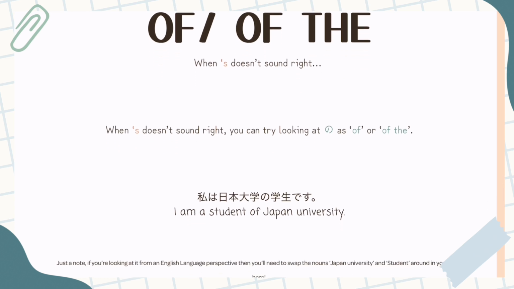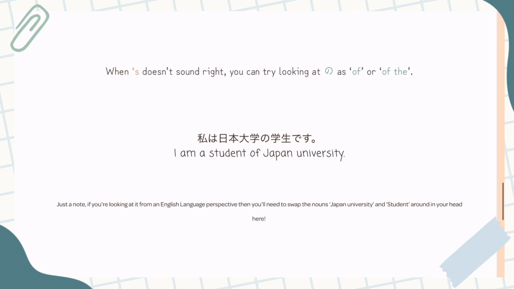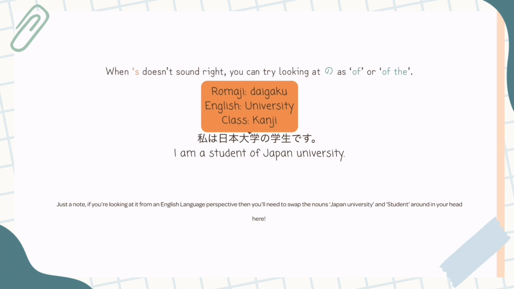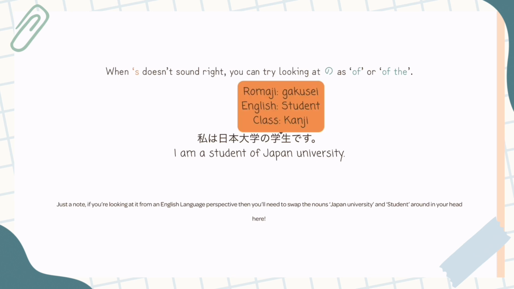Okay, of, of the. When apostrophe S doesn't sound quite right. So when it doesn't sound quite right, you can try looking at no as of or of the. For example, 私は日本大学の学生です。私は, I. 日本大学, Japan University. I made the university up, I think. I don't think there's one called Japan University. There could be. 日本大学 no, so Japan University's, 学生, student, です。